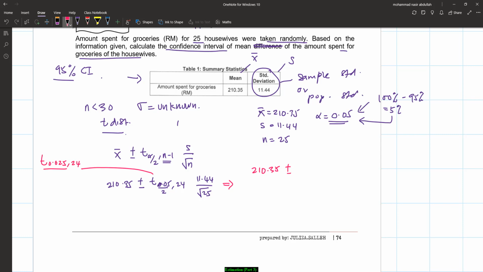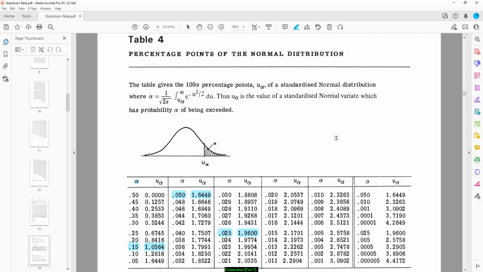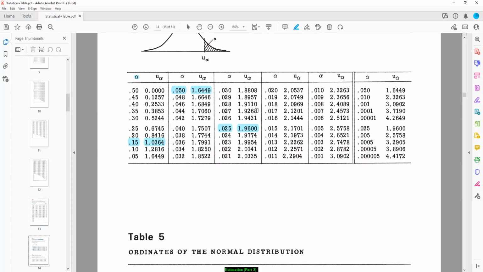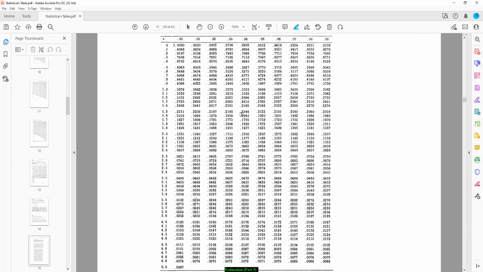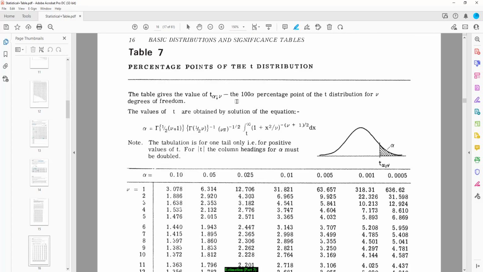So now, let's look at statistical table. So we no longer use table number 4 because this is a normal distribution. We need to use table number 7, I think. Yeah, table number 7, which is T distribution. Right? So T distribution, table number 7. So remember